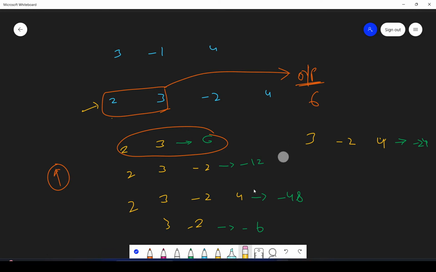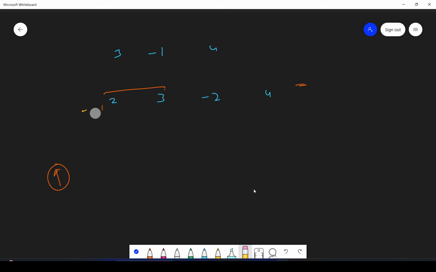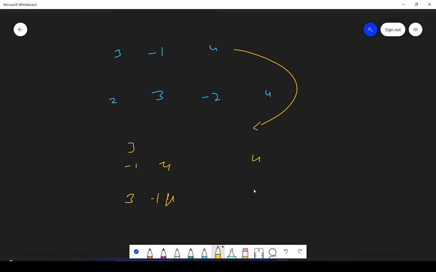Let's see one more test case. Here in this test case, you have some subarrays: minus 1, 4, and you have 4 alone, and minus 1, 4 we have already taken.